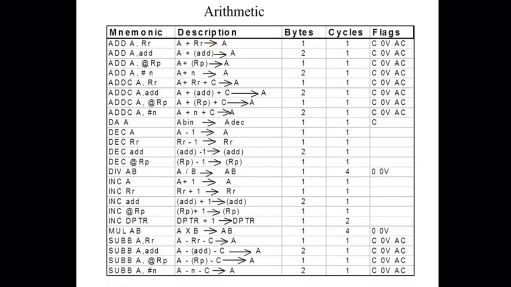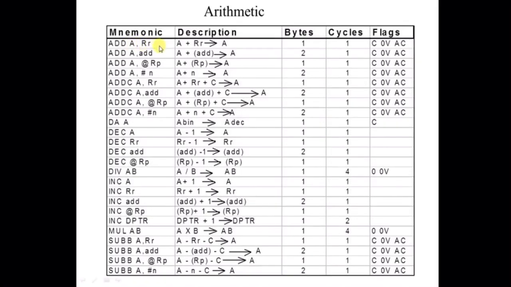in the 8051 microcontroller. This instruction set allows us to do all arithmetic operations between different operands. These are the possible syntaxes you can use. See the first instruction from your arithmetic operations, ADD A, Rr. This instruction allows the addition operation between the accumulator and a general purpose register and saves the result in the accumulator.